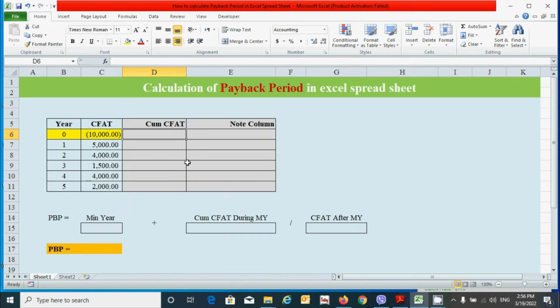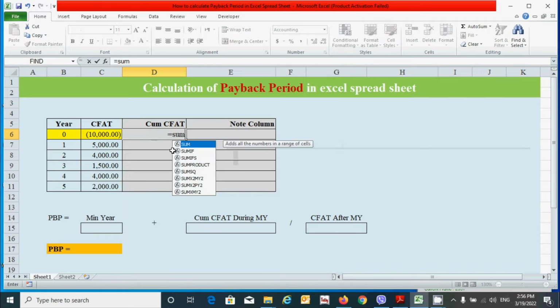Okay, so to calculate the CFAT, it can be calculated simply by using the SUM function in Excel. So press the equal to sign, write the SUM, press the tab and click here and press the F4 key. Okay, now press the colon. Okay, now press the close parenthesis, but before pressing the enter key, you can see here